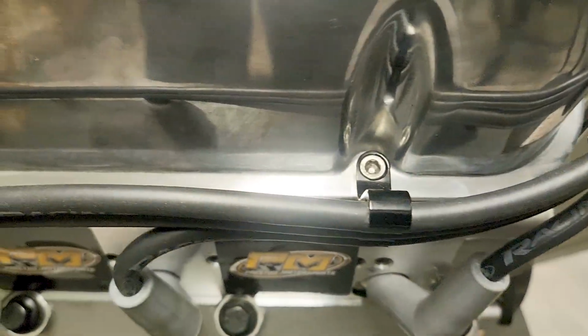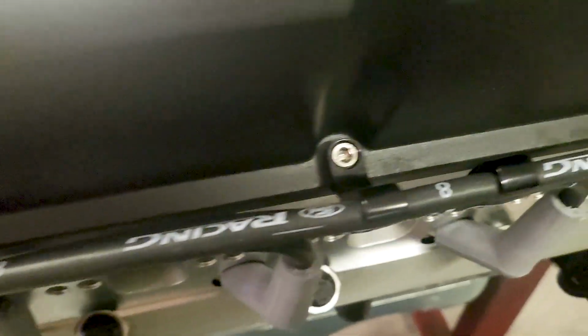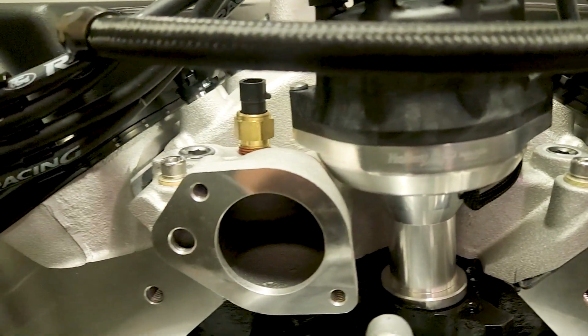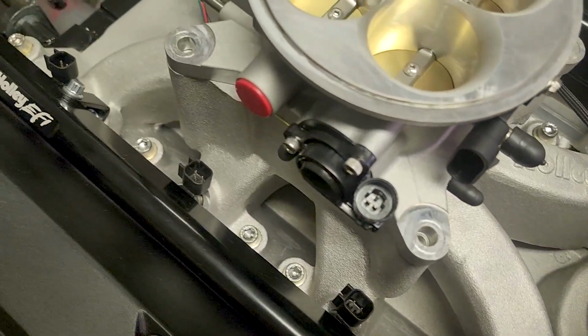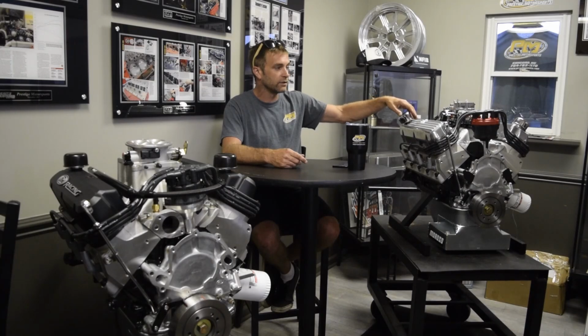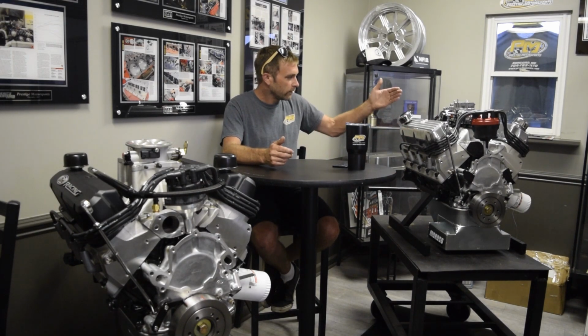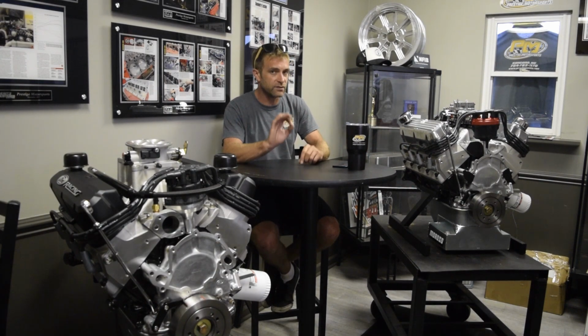We prefer Allen head cap screws, and I think they're all 304 stainless, with really nice hardened washers. They keep the engine looking cleaner than an old school 6-point. Now, if you wanted 12-point polished stainless from ARP, we'll certainly do that. It's just not necessarily essential. And just as the oil pan gasket is a one-piece steel embossed, not a one-piece rubber, but steel embossed,